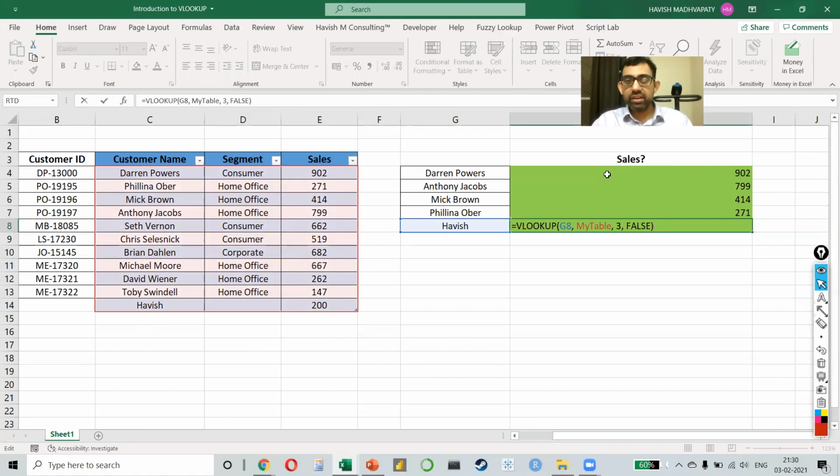Since you were never referring to any specific cell, it is dynamic, which means that as more rows get added to my table, the formula works. This will also help you when you're working with multi-sheet workbooks because you can refer to the data from a different worksheet and call it by simply giving the column name and the table name like this.